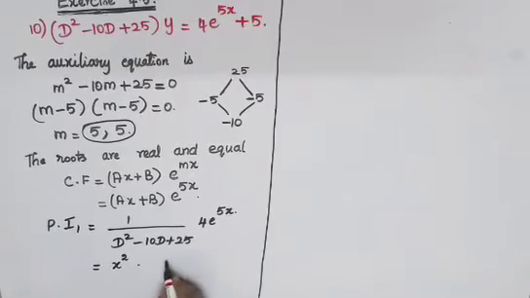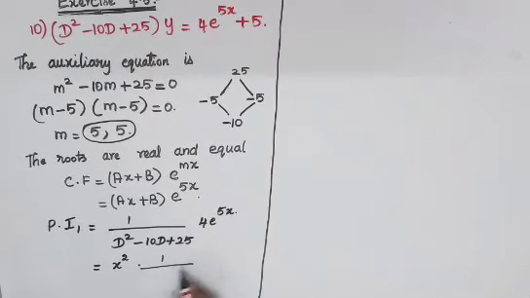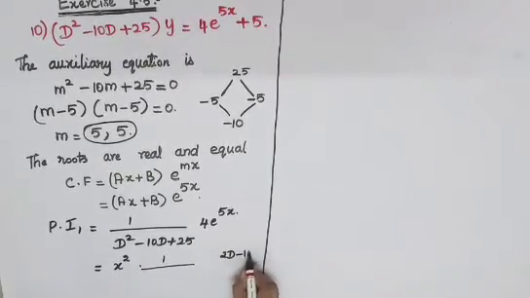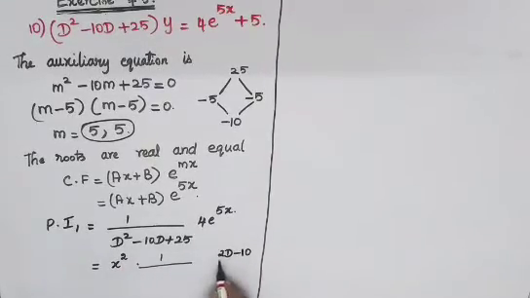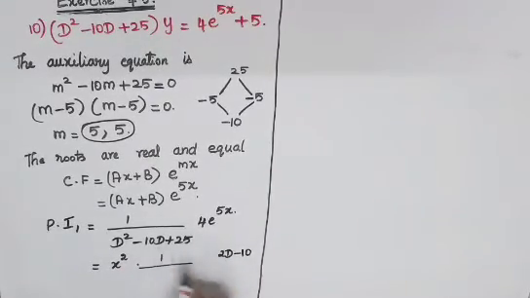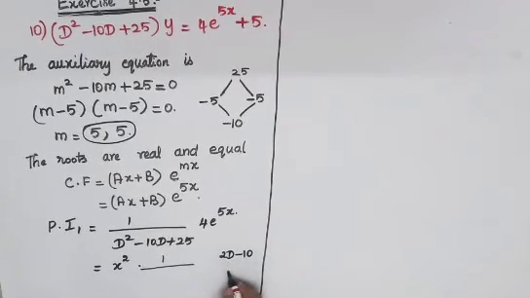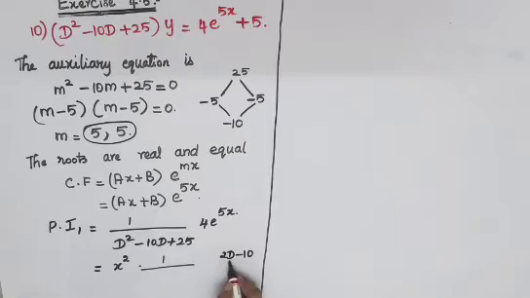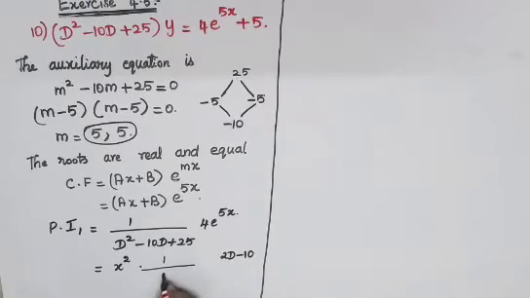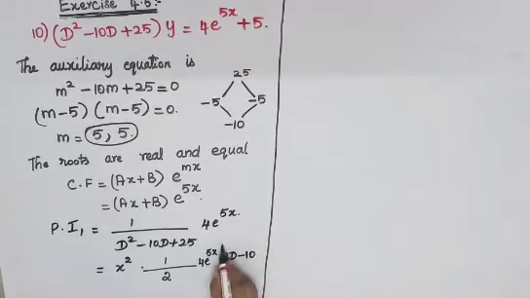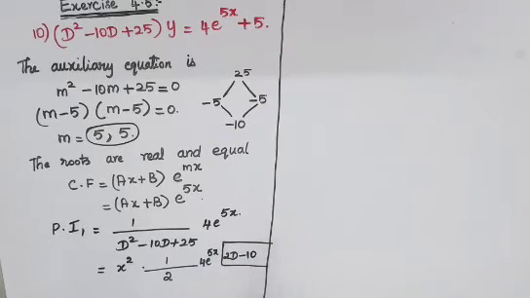So first we will go to your first time differential. I just do it here separately. First time differential, you will get 2D minus 10, because D square if you differentiate you will get 2D, and minus 10D if you differentiate you will get minus 10. This is your first differential. Then going to your second differential, 2D if you differentiate you will get 2. So straight away I will write it here 2 into 4 e power 5x.